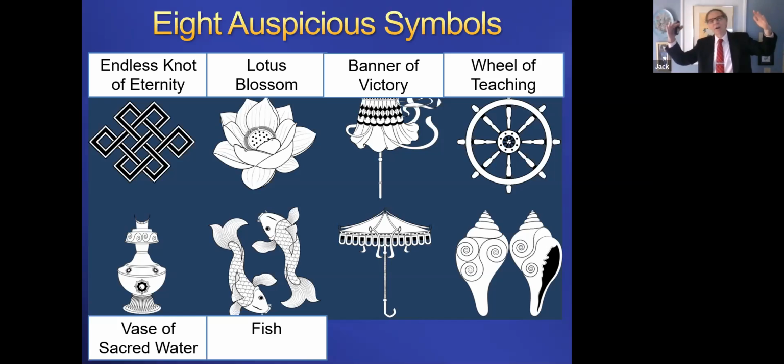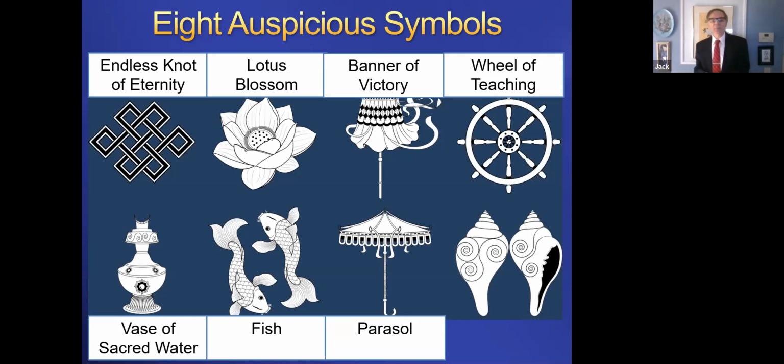And also the fish in Buddhism represent release or freedom from the cycle of rebirth, because fish are seen as super free things, right? They could be in a little stream and go to a big river and go to an ocean and go around the world and come back to the little stream again. They're totally free to go. The parasol was a sign of kingship or rank. Like if you look at an ancient painting, you can tell how important the king was depending upon how many parasols and how fancy they were in his retinue.